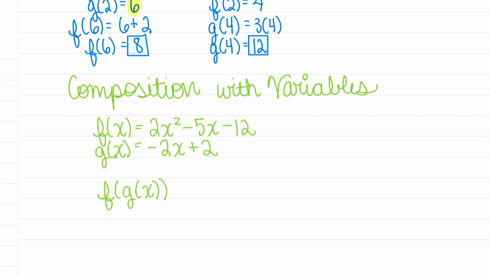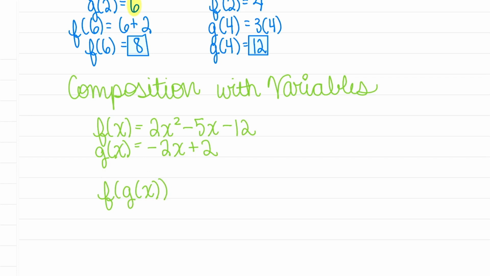Here we have f of x equals 2x squared minus 5x minus 12, and g of x equals negative 2x plus 2. In the example, we are asked to find f of g of x, which means we are going to take this entire function and plug it into f, everywhere that there's an x. So this can be a little bit tricky, and you do have to make sure that you plug this in